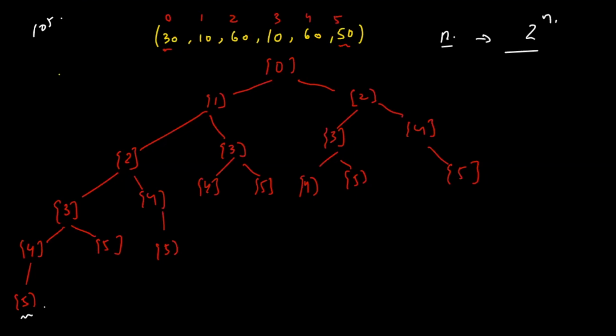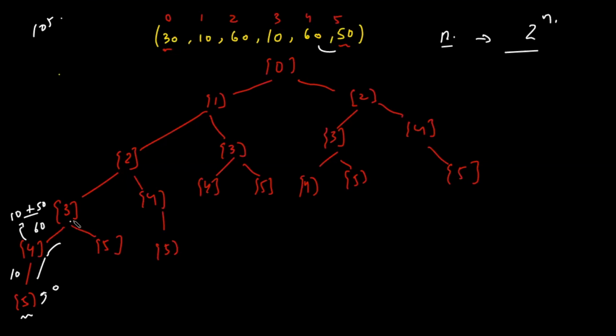Whenever you reach the end, you return a 0 from here because you've reached and you don't need any further cost. But you knew that from 4 to 5, the cost taken was 60 minus 50, that is 10. So over here you require 10 cost. From here you will return 10, but the cost from 3 to 4 gets added. 3 to 4 costs 50. So the total cost over here is 60 if you moved from 3 to 5. That is very obvious because we are moving from 3 to 5 in this direction. You move from 3 to 4, that costs you 50, and from 4 to 5, that costs you 10. So eventually, that is nothing but 60.